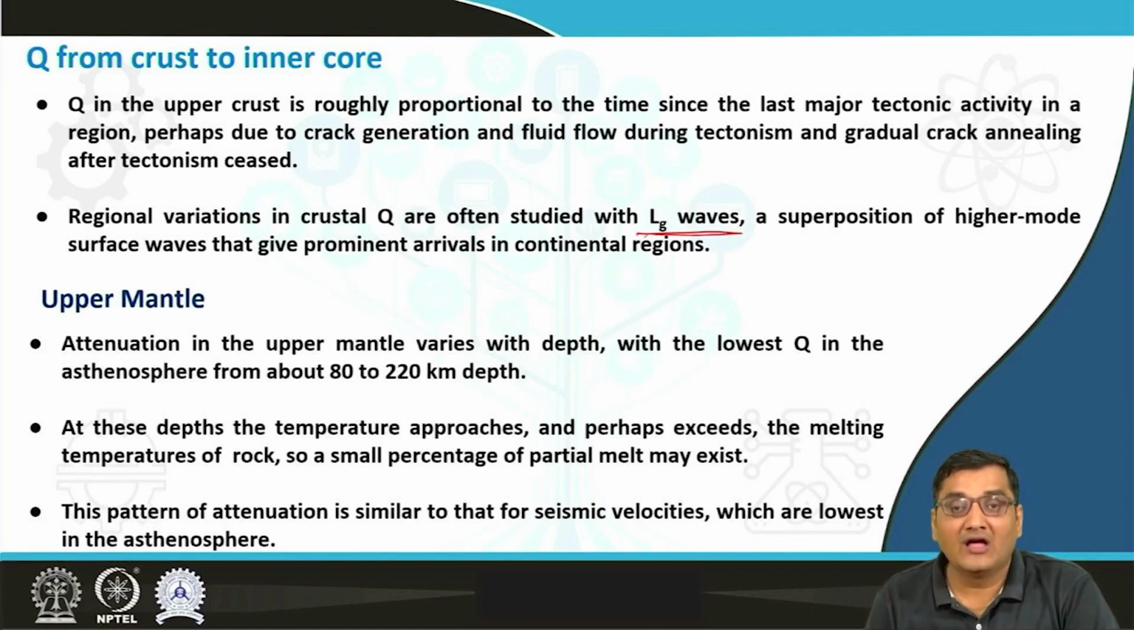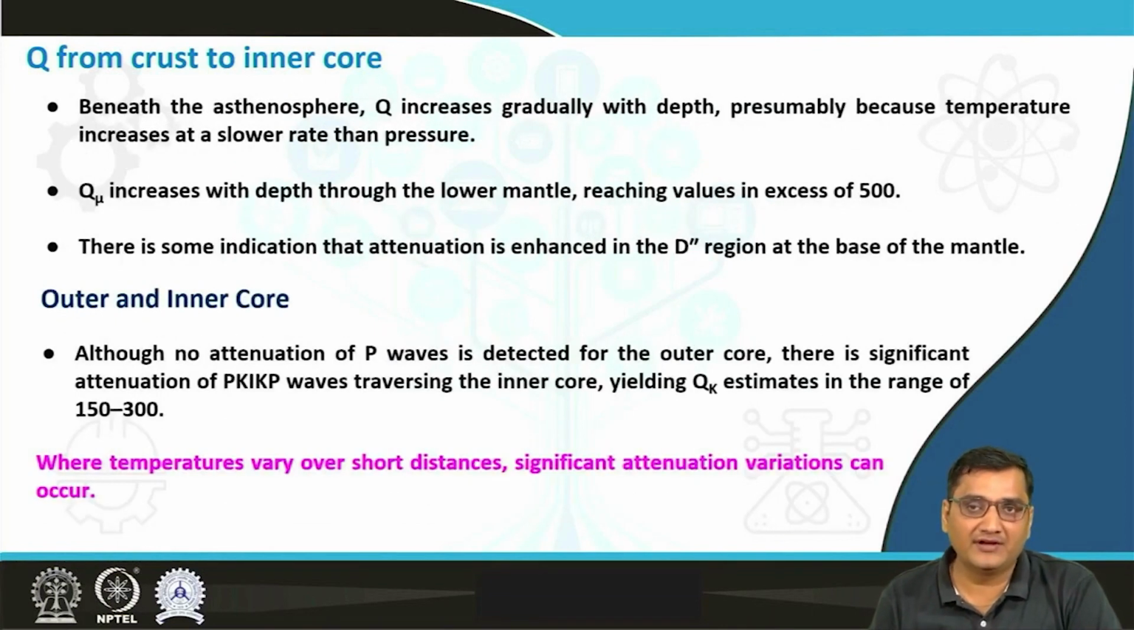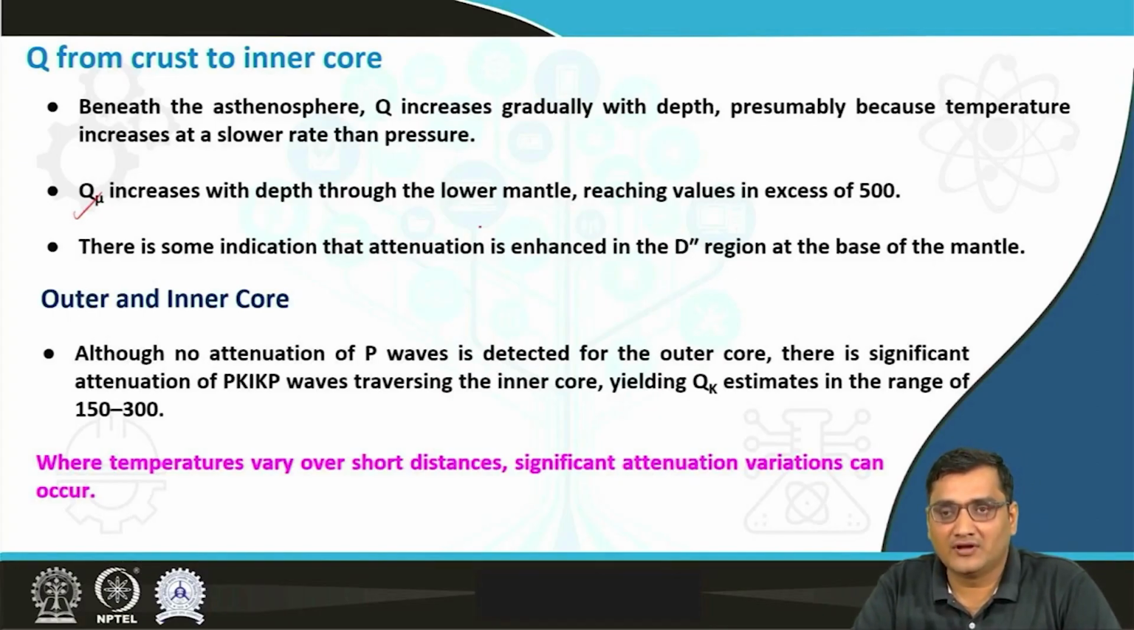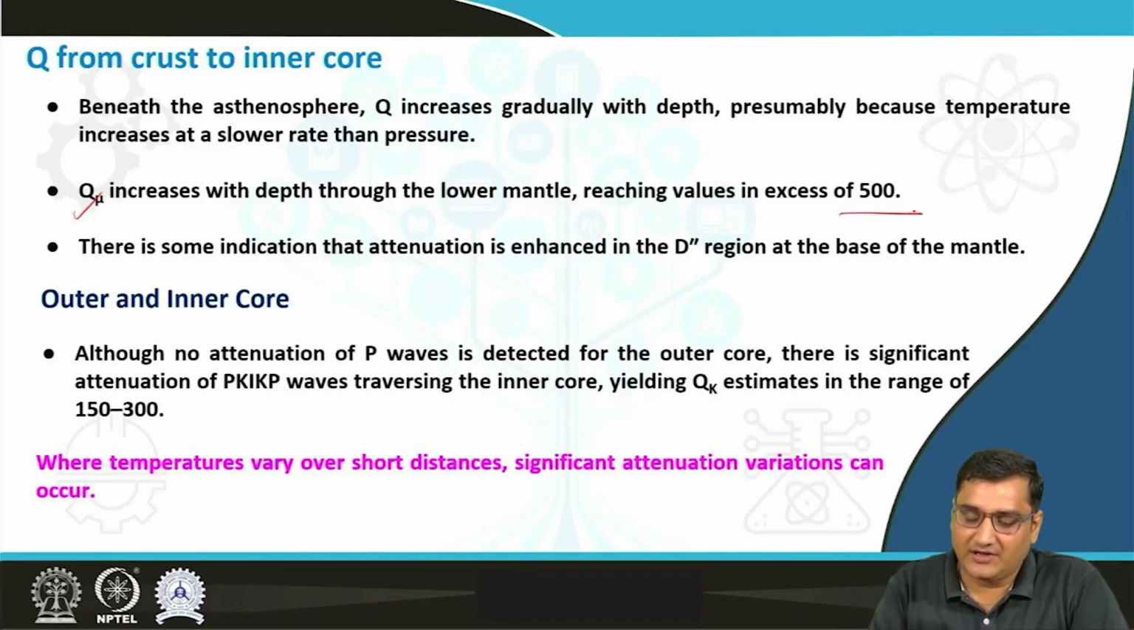in the asthenosphere. The Q value below the asthenosphere increases gradually with depth, presumably because the temperature is increasing at a slower rate than the pressure, and the Q value for the shear modulus increases with depth through the lower mantle, reaching values in excess of around 500. There is some indication that attenuation is enhanced in the D double prime region at the base of the mantle. For the outer core and the inner core, there is no attenuation for P wave in the outer core,